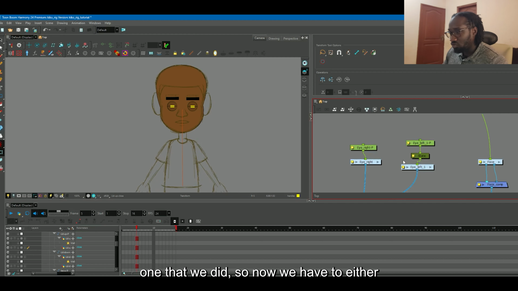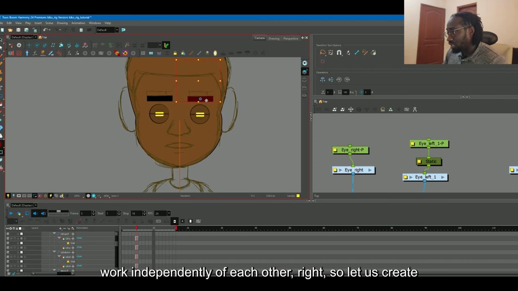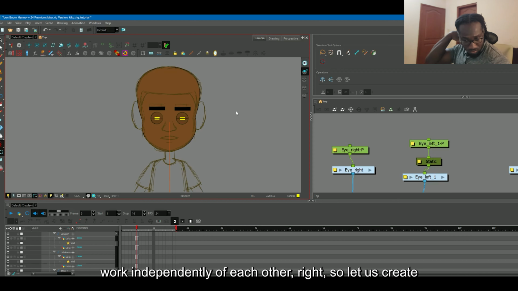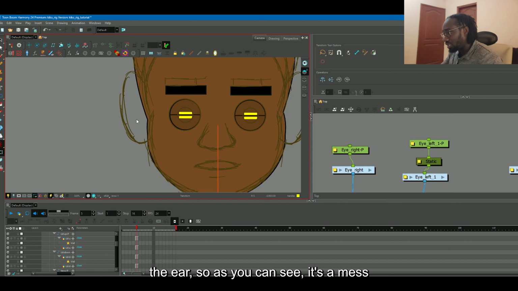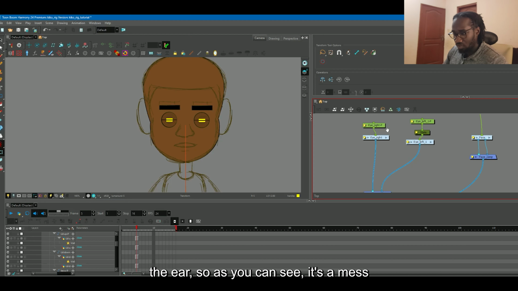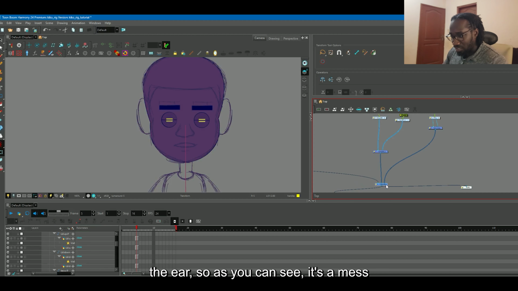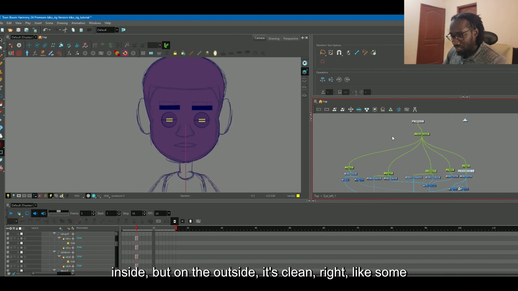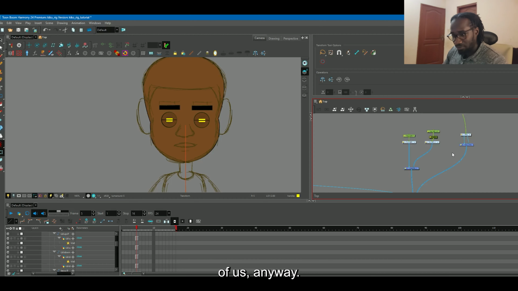So now we have the two working independently of each other, right? So let us create the E here. So as you can see, it's a mess inside, but on the outside it's clean, right? Yeah, like some of us. Anyway,